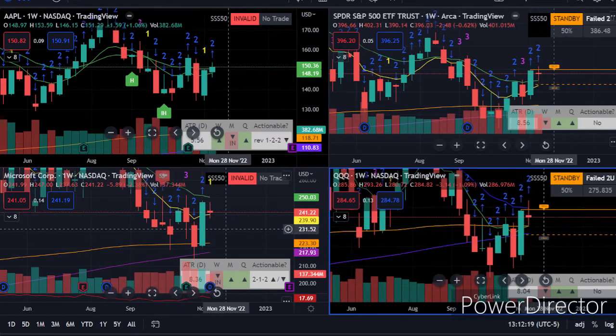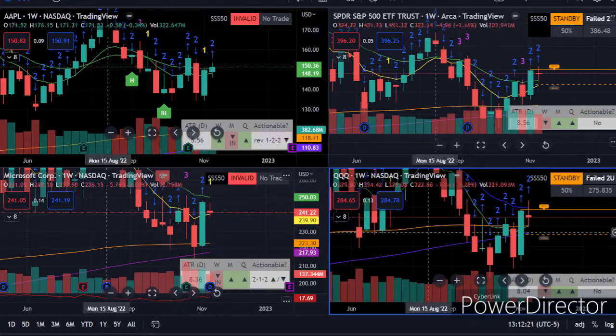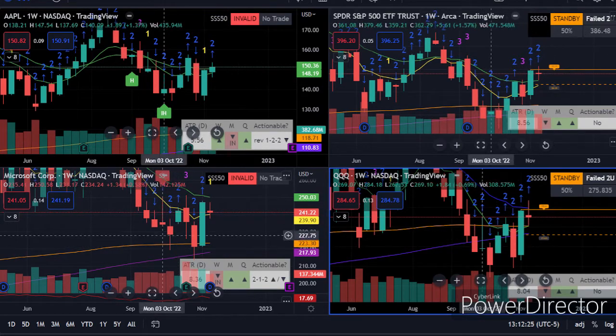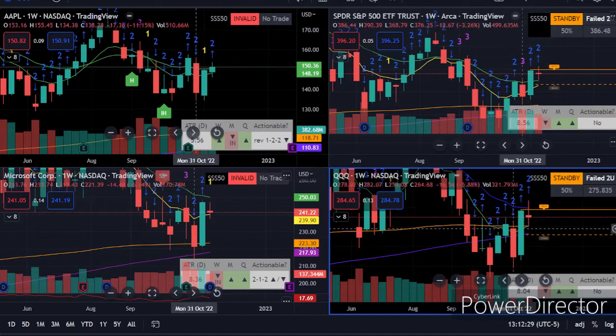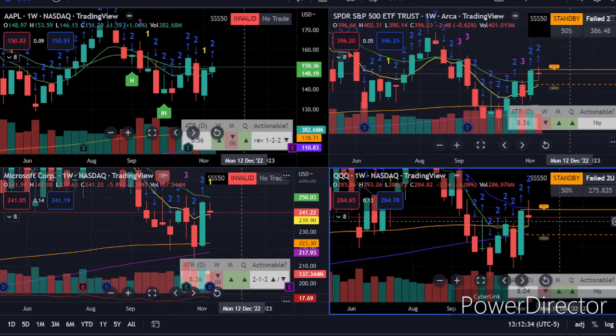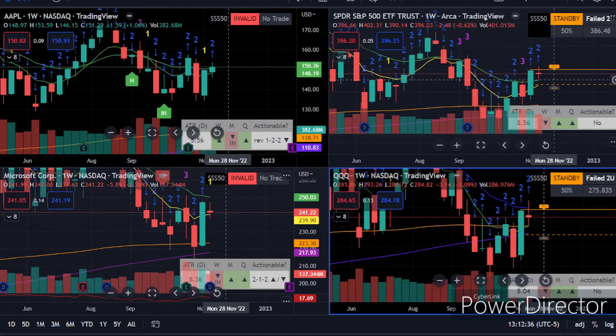And of course, obviously these look the same because they mirror, or Apple and Microsoft are the cues. But if you're not playing those, then this would be the ideal replacement. But yeah, we're finding some support here, so just kind of have to see where this goes. On the daily,